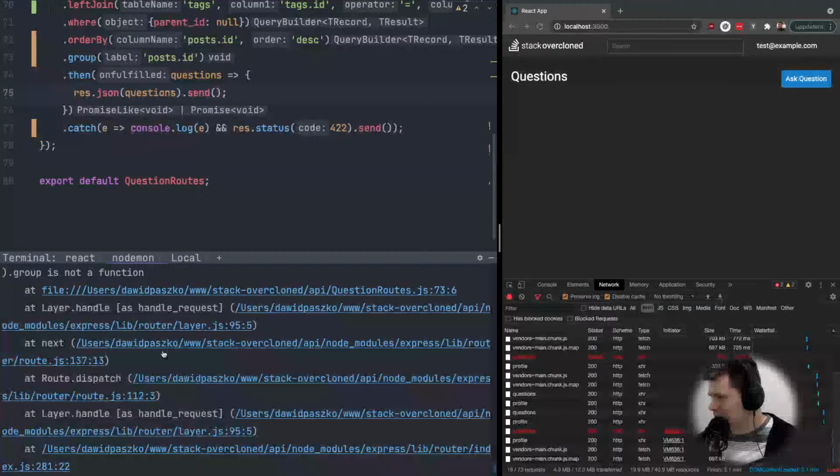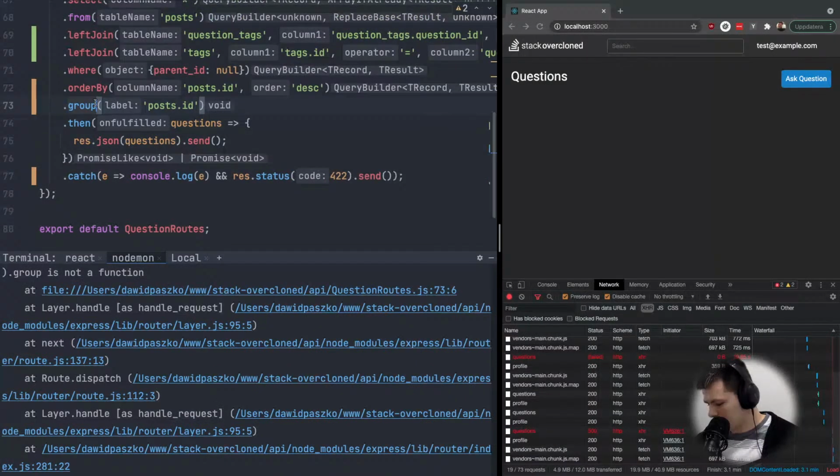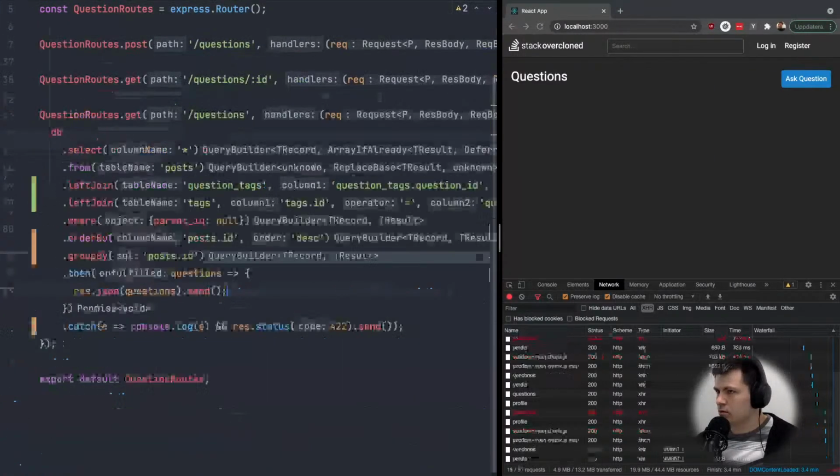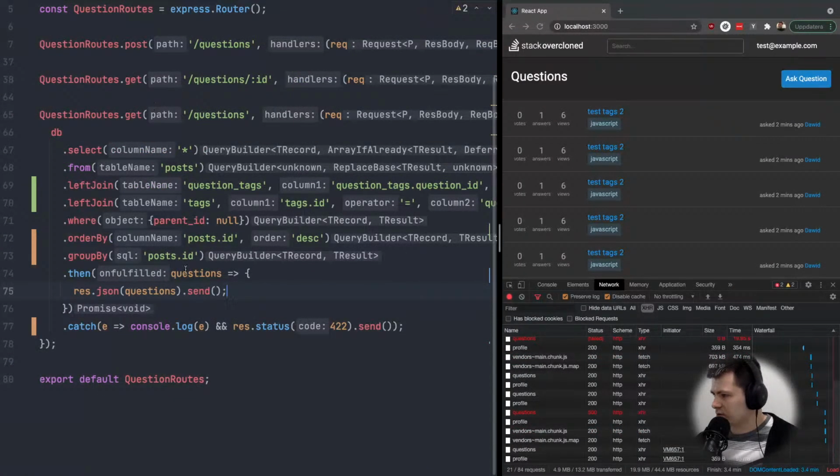Now let's see, group by, the function is called. Yes, now it's better. And now we select everything from posts, but we want also to select